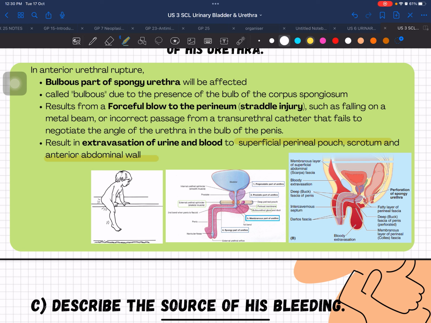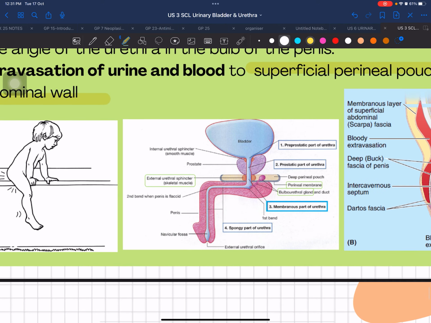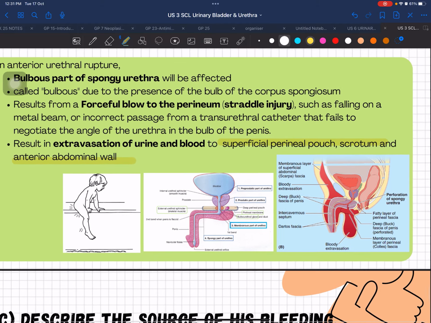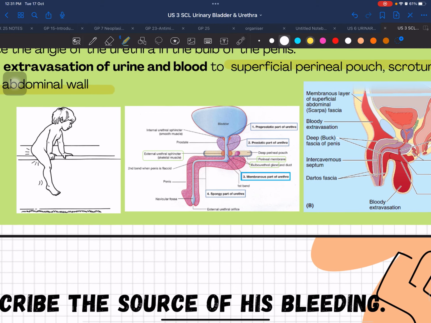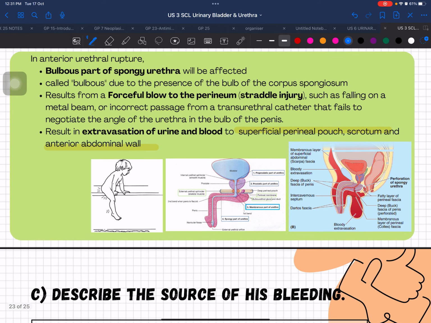And then this injury results from a forceful blow to the perineum, such as falling on a metal beam, or incorrect passage of a transurethral catheter that fails to negotiate the angle of the urethra. So this will cause extravasation of urine and blood to the superficial perineal pouch, scrotum, and the anterior abdominal wall. So here is the Bart fascia, and then if there's perforation, the blood or urine